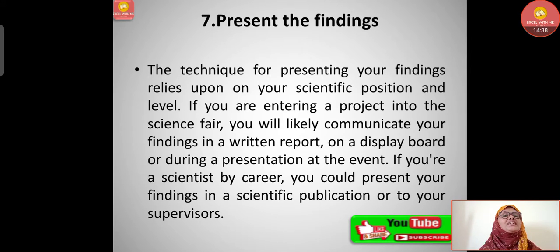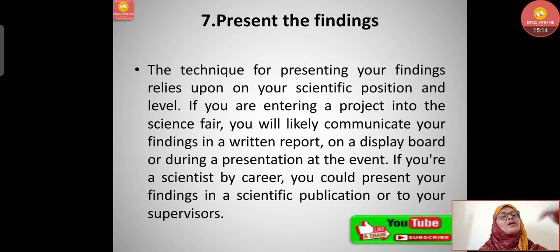present the findings. The technique for presenting your findings relies upon your scientific position and level. If you are entering a project into the science fair, you will likely communicate your findings in a written report, on a display board, or during a presentation at the event. Otherwise, if you are a scientist by career, you would present your findings in a scientific publication or to your supervisors. If you are a general researcher, you can publish in journals, or you can present your research article